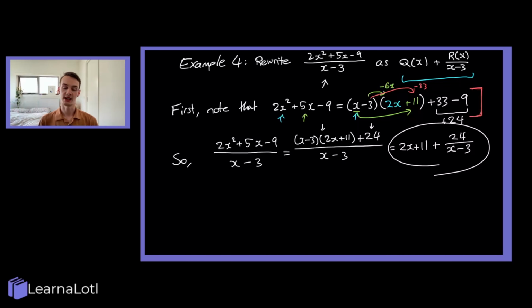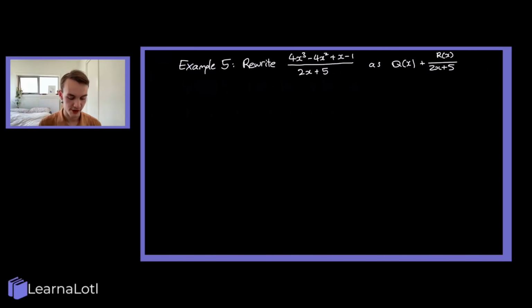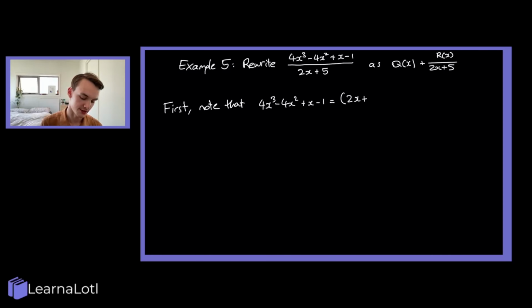Awesome. Let's look at our last example. Rewrite that cubic over 2x plus 5 as a quotient and a remainder. So let's have a go. The first thing I want to do is note that 4x cubed minus 4x squared plus x minus 1 can be written as 2x plus 5 outside of, and now